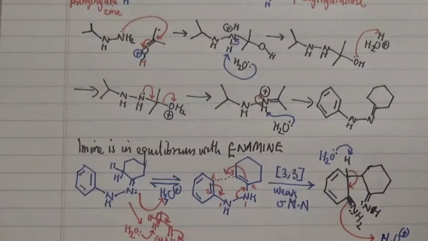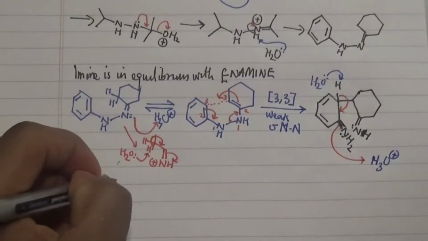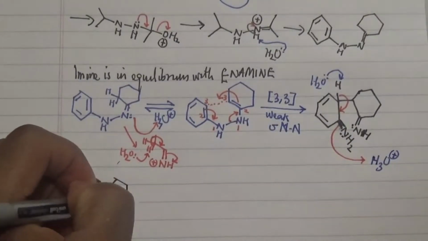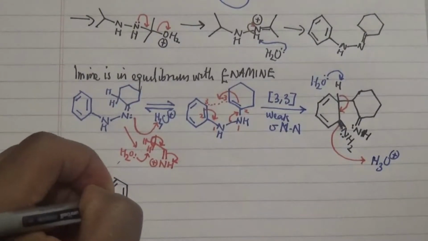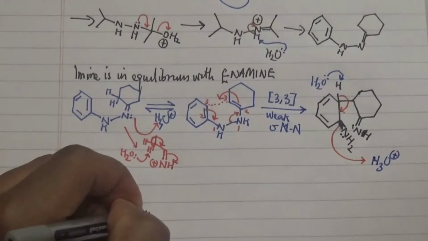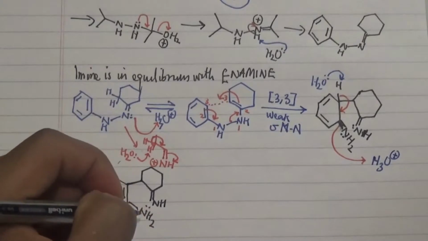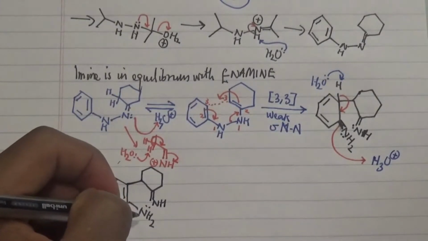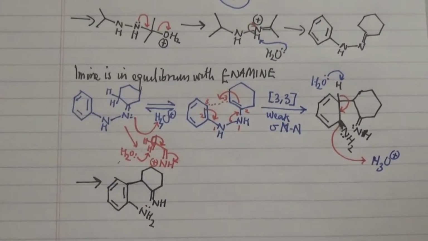So what happens as a result is the formation of this particular compound, where we restore our aromaticity. So what happens next is that we need to form our bond in here